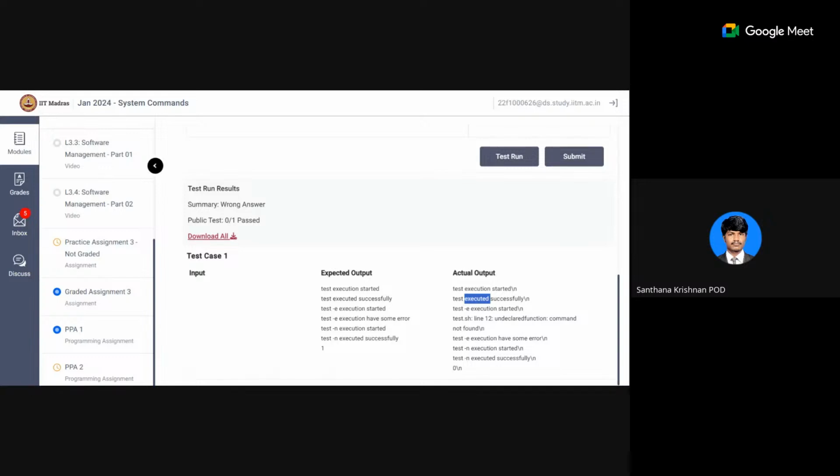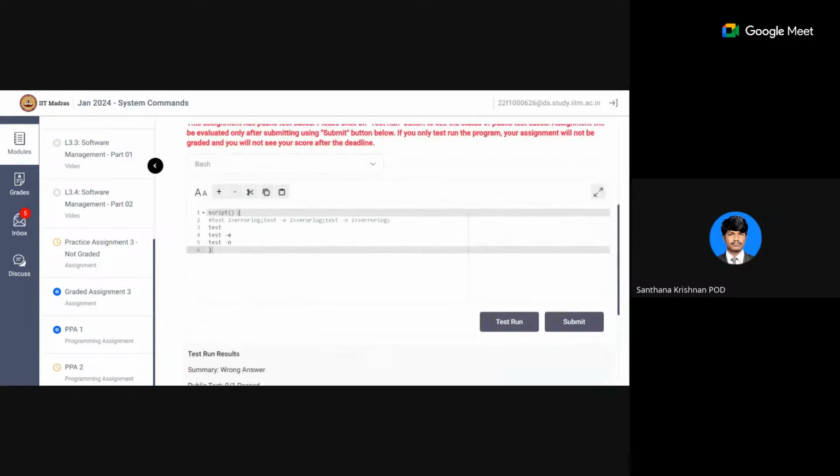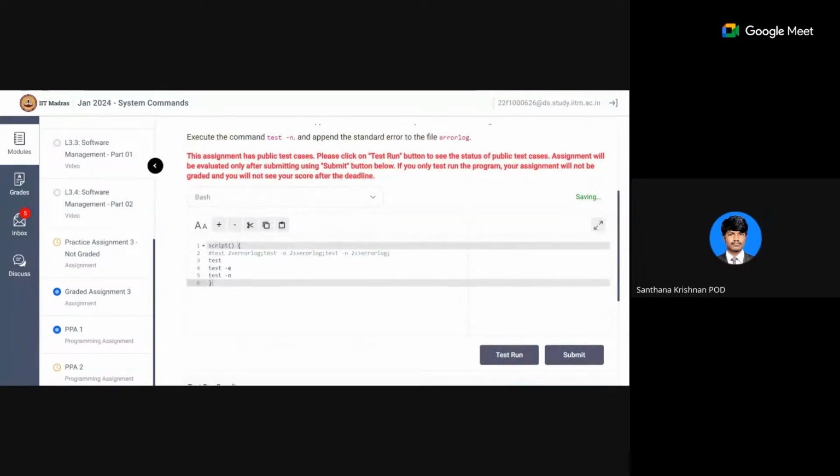Actually, whatever I wrote, I wrote it by myself, and it is working for me. Did you test it? Can you share? I wrote exactly what is the solution for it. I'll copy paste whatever solution I wrote in the chat. This is what I wrote. It passed all the test cases. Anyway, I'll check it.